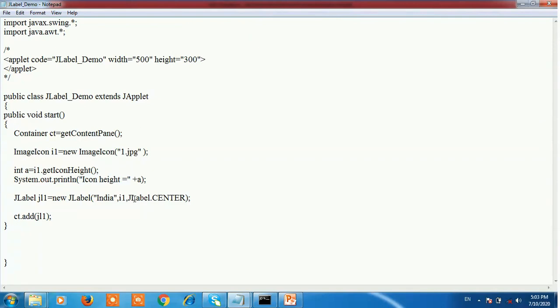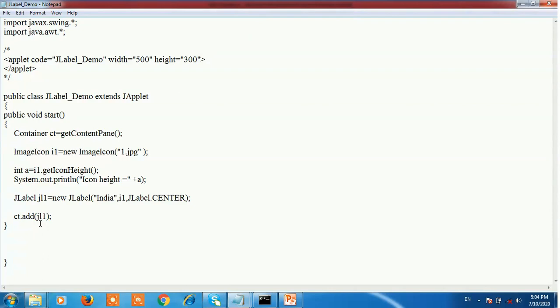Here we use the alignment JLabel.CENTER. India is nothing but the string text, and i1 is the ImageIcon object. See here, in i1 the 1.jpg image is stored, and that will be passed in the JLabel constructor.